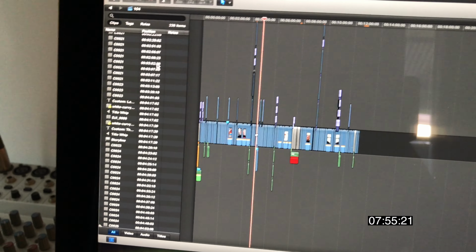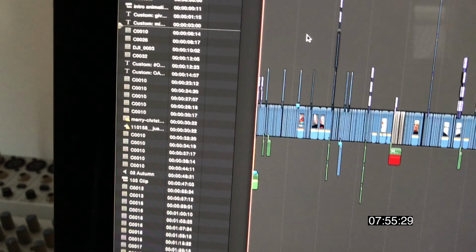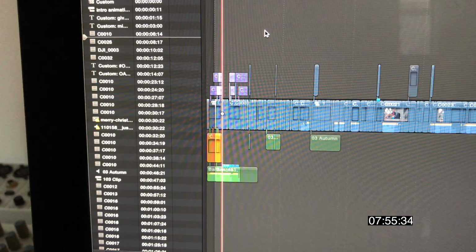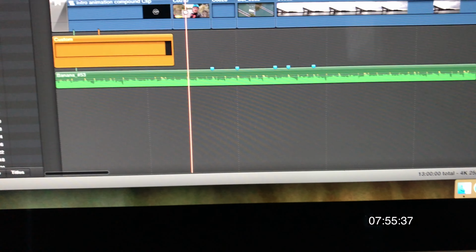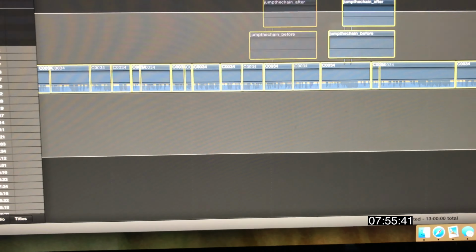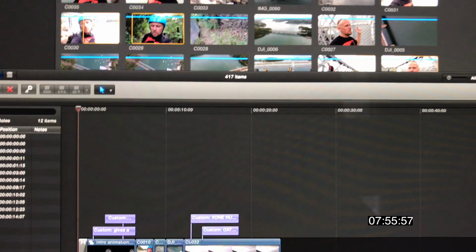Each project begins with the same intro, so what I do is go back to the start and keep everything up until that point, and I just erase all the rest. I'm doing this without shortcuts because I'm using one hand on my phone. Sorry, it's a bit early. I just delete everything in front of that, and that's basically the start of my project. And then I can go back up here and import,